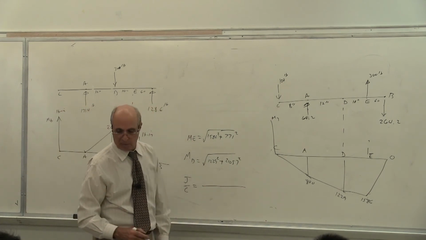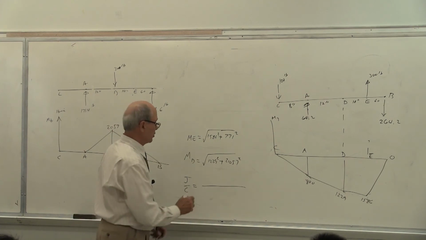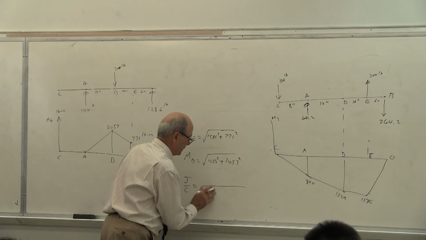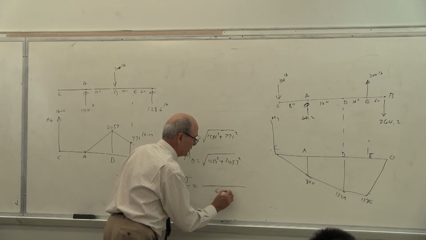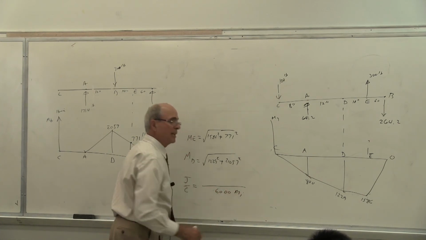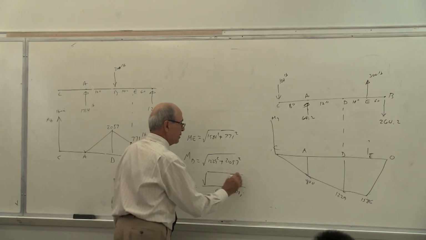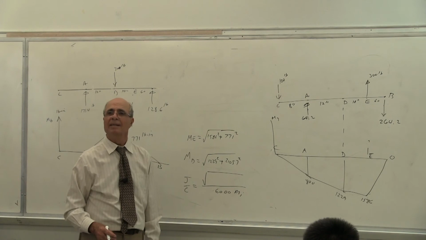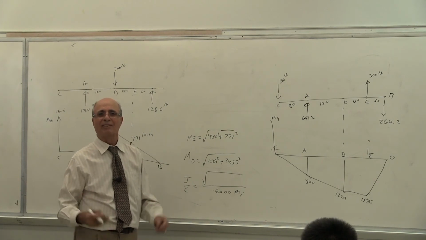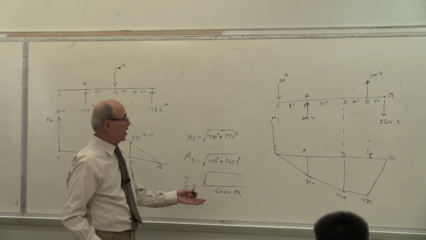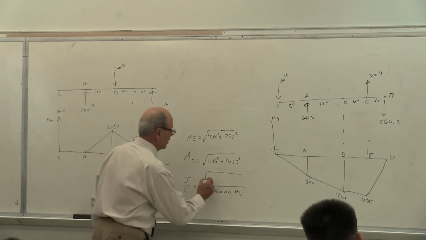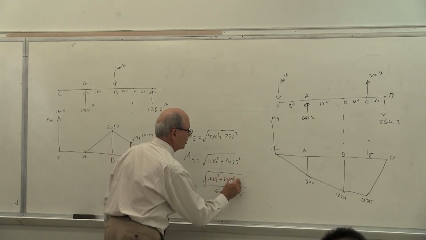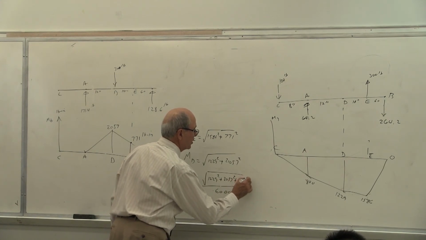But for this problem, what was tau allowable? I don't know, whatever it is, you put it there. 60? 6,000. So it is 6,000 psi. So you put that down there. And here, without any order, you can put mx square, my square, and mz square. Is that correct or not? Yes? But the way I did it, you can put it the same way here: 1229 square plus 2057 square plus 1200 square.